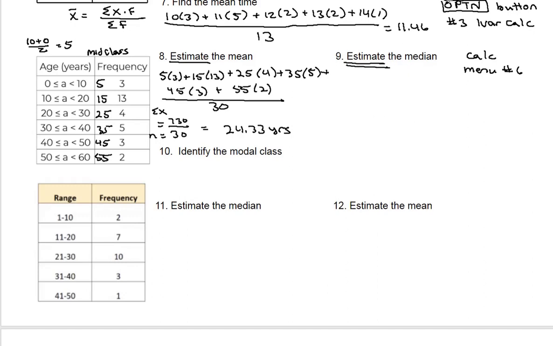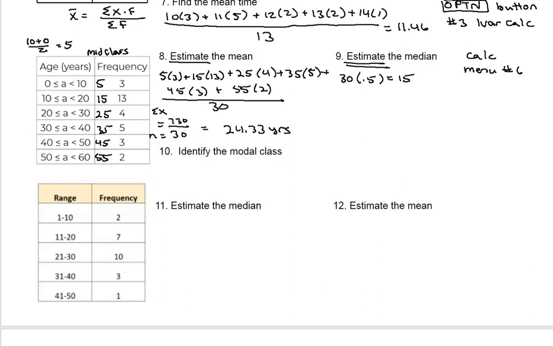And just kind of bear with me. Basically, here's the process. What's going to happen is that we have to first identify which class our median is in. We're estimating, so we're not adding 1 to the number. The total number of numbers in this case is 30. And because we're estimating, we're just going to take 30 times 0.5, and we're going to have roughly the 15th